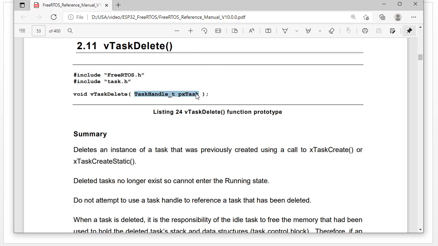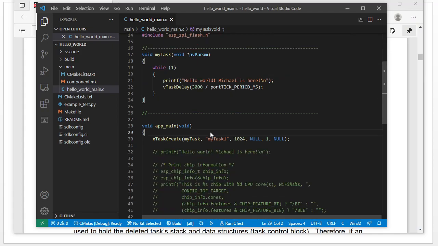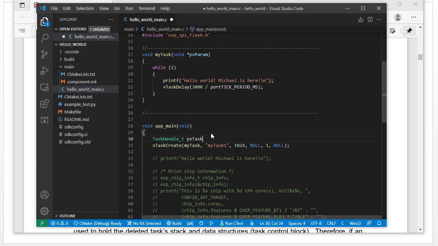We copy this one, put it in our code. Put it here. And this is the task handle. Okay, we put this task handle here at this position,